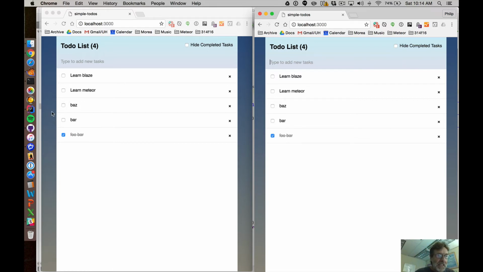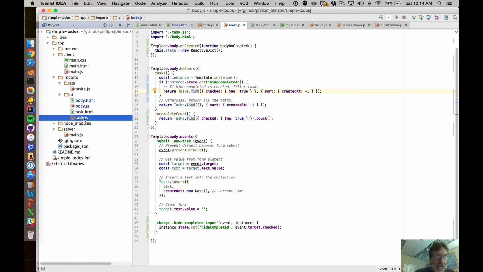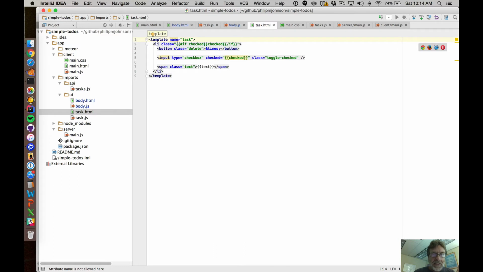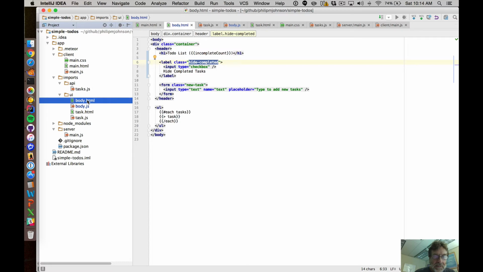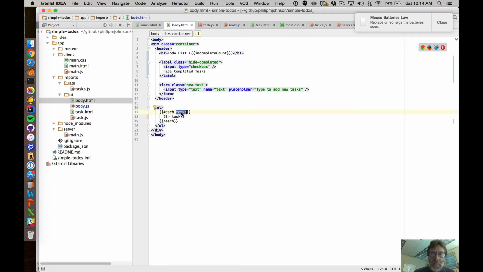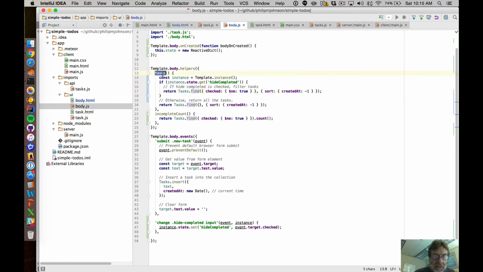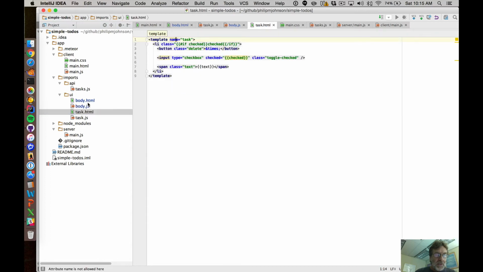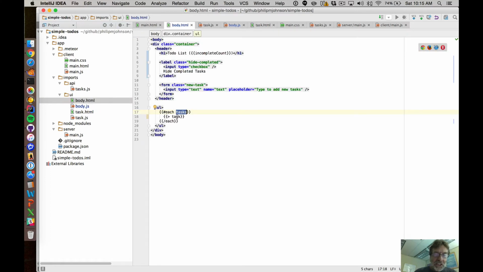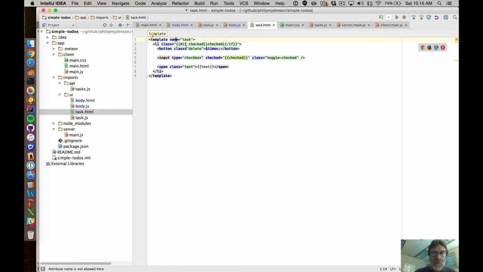Okay, so that's the essential form of reactivity that we get through using these templates. To get that, let me get more specific. Let's go back to body.html. For each member of this tasks instance, which is defined here, it's going to look up all of the documents associated with this tasks collection and sort them, and pass each of them in turn to this task template,